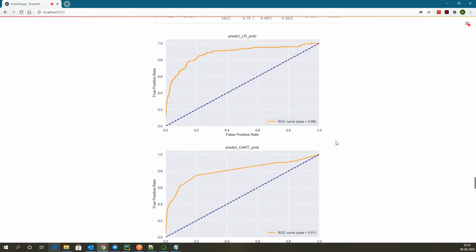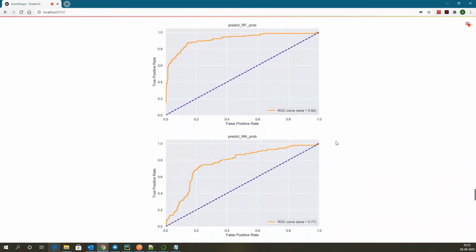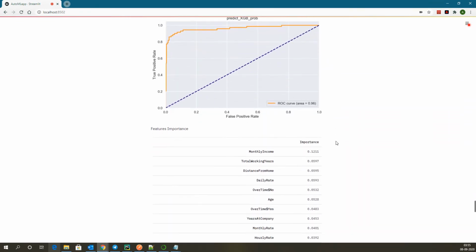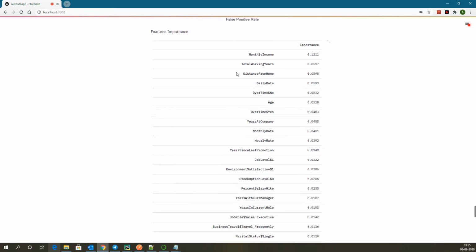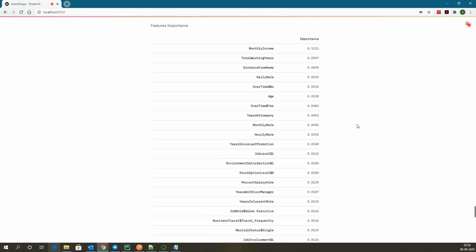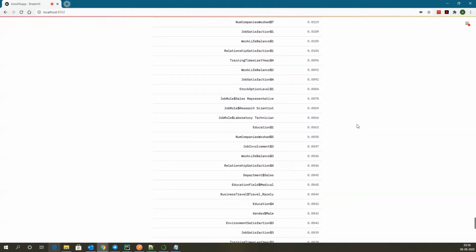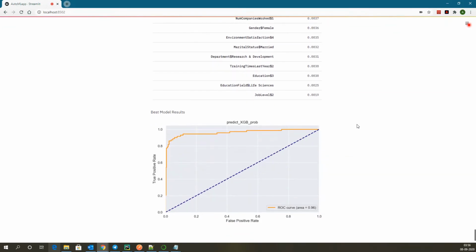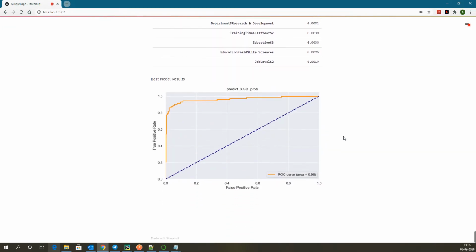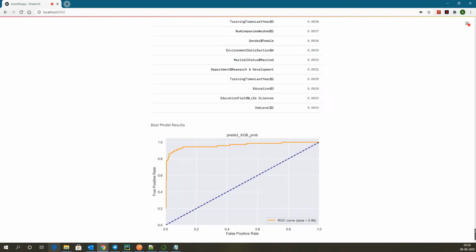And then these are my ROC curves for test data. Again, all those 5 or 6 different models. And in the last, it will also give you the feature importance as to which feature is most important in predicting the target feature, which is attrition in this case. And that's how you get all the feature list and importance. And finally, among all these 5 or 6 different models that we have tried, which is the best model giving the maximum ROC on the test data? So this was when the target feature was a categorical feature.